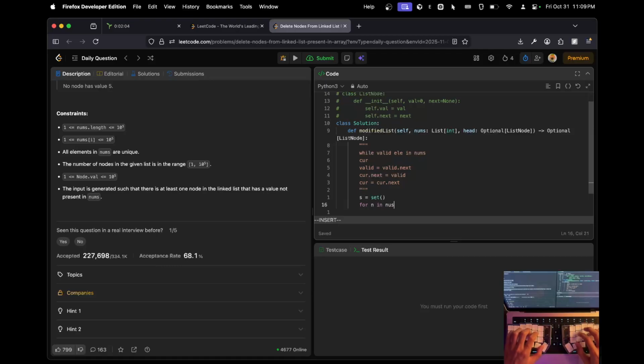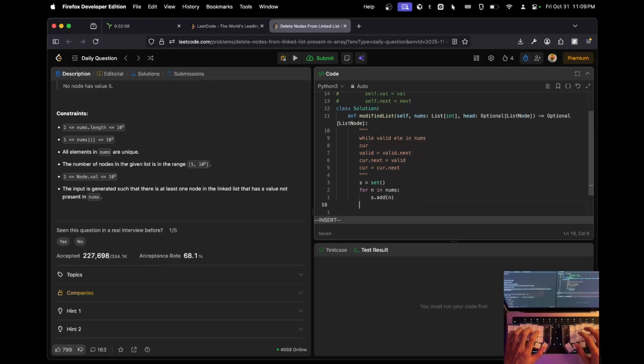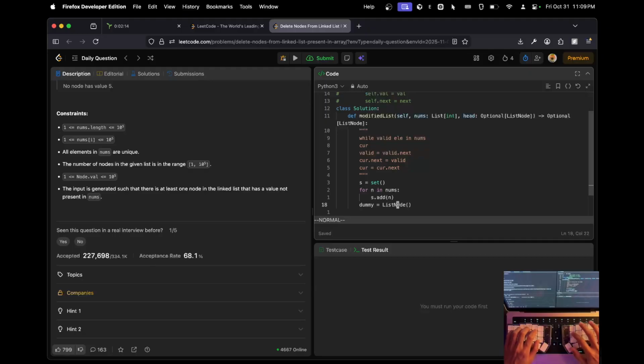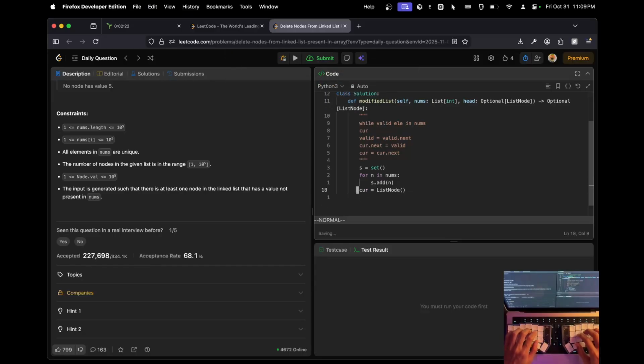Okay, and then we'll have a dummy node, which is just going to be a new linked list node. And then we'll have this as our cur. And then this is our valid, this equals to our head. Okay, and then while valid